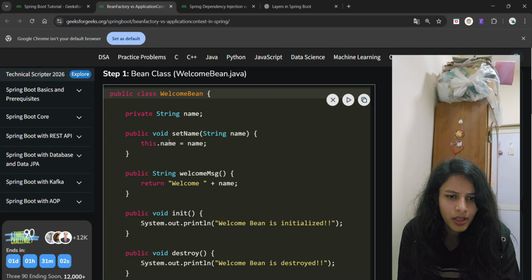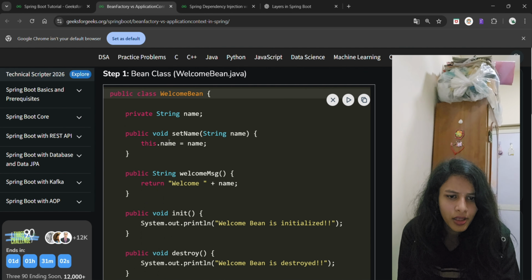And in the XML configuration, we gave the ID of the welcome bean, class, init method, and destroy method also. Property name equal to this. We can pass the property, I guess. But are we telling setName? Is it going to set the name? Well, welcome message, but